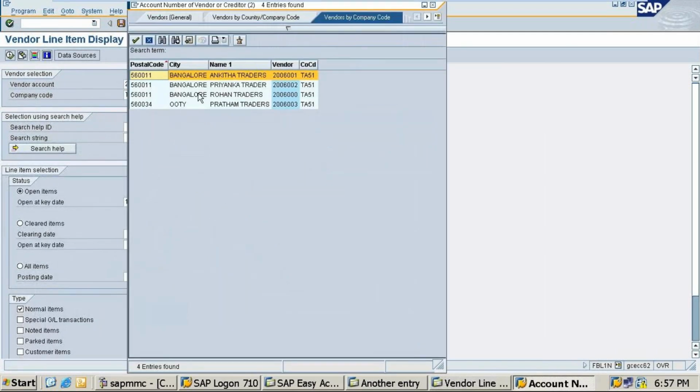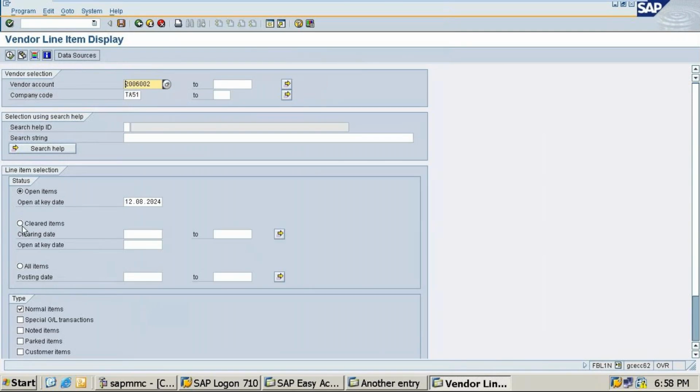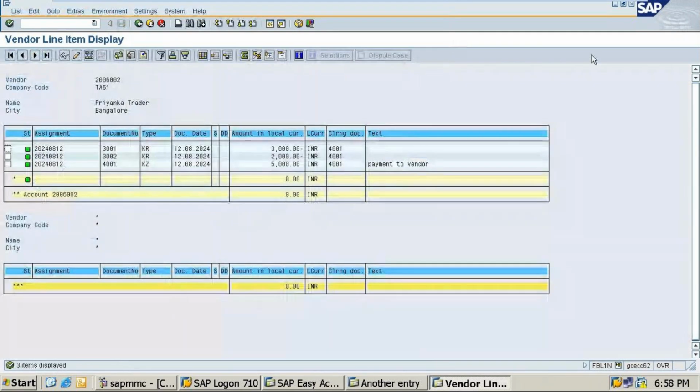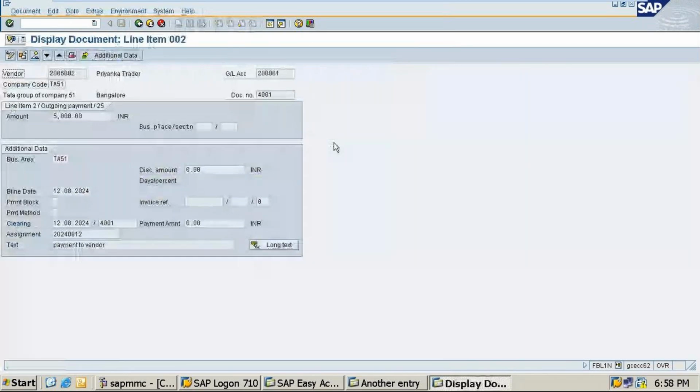So I have taken Premium Traders, cleared items. Ma'am, while making a payment, we need to enter document date, company code, currency, account, amount, clearing text, and another account, no, ma'am?